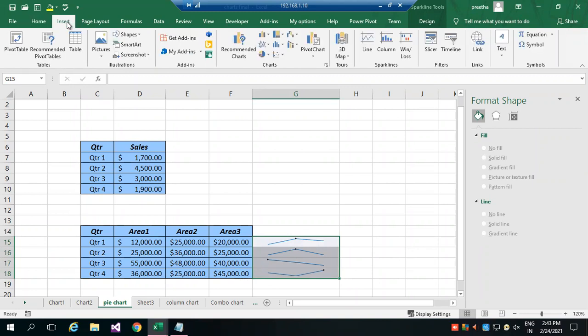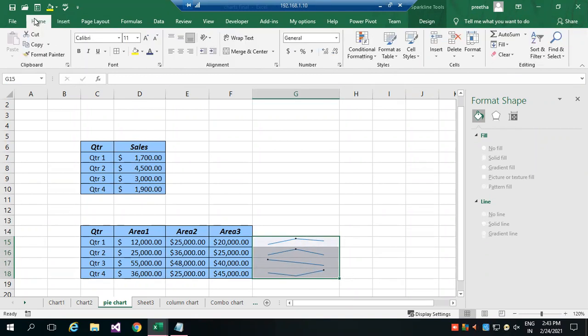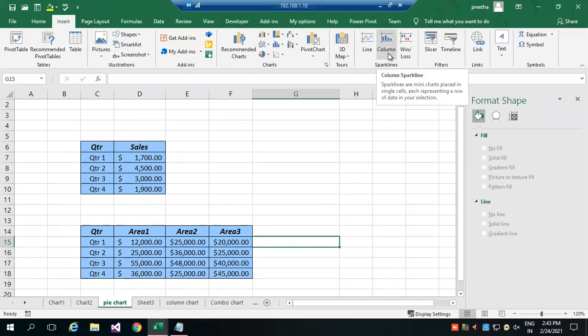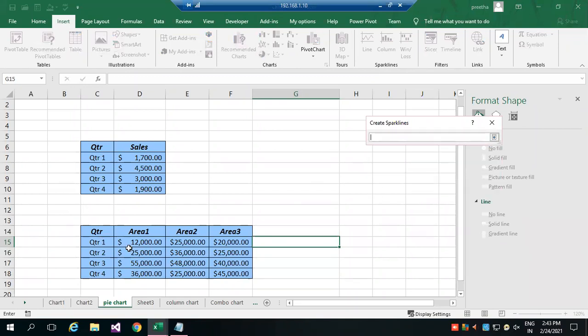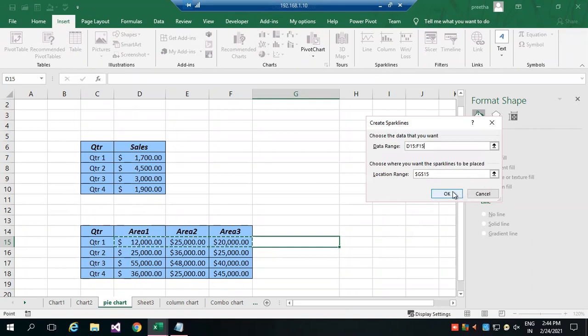Okay, which is in insert spark line. So spark lines will appear within the cell. So let me clear all. Place cursor over here. Go to spark line. I select now column chart. What is the data range? I'm selecting in this order. So I'll say okay.